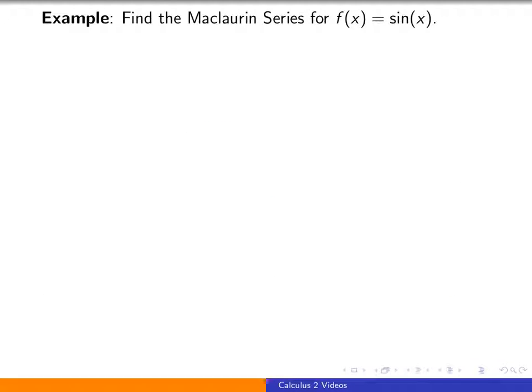Let's find the Maclaurin series for f of x equals sine of x. So recalling from our previous slide that power series representation, sine of x is going to be the sum from n equals 0 to infinity, and then we're going to use our formula for the coefficient. So this will be the nth derivative evaluated at 0 divided by n factorial times x to the n, where in this case our function f of x